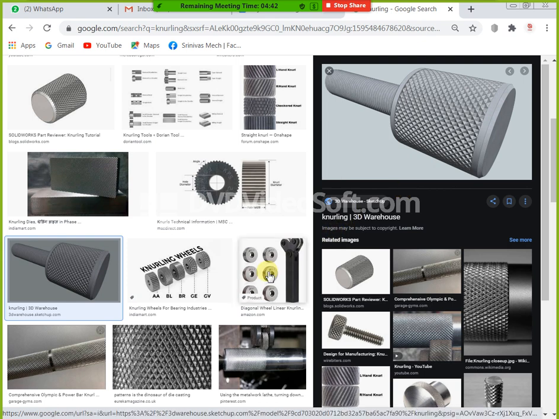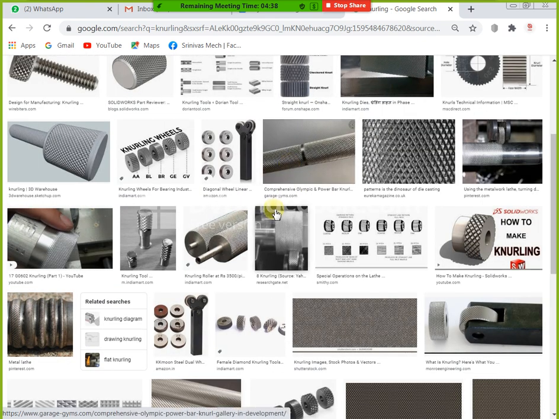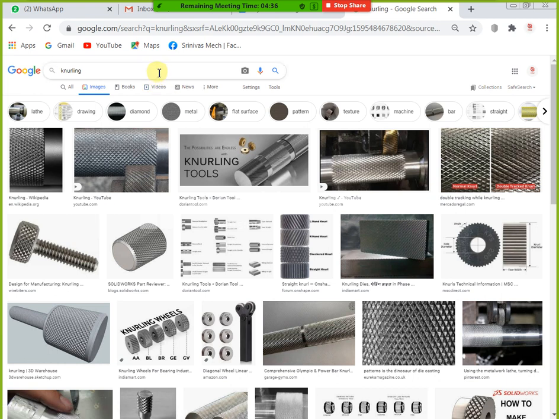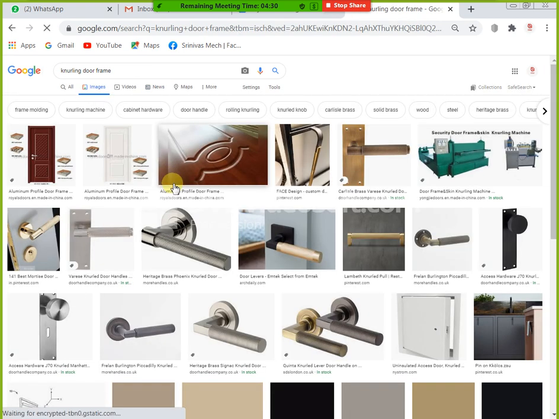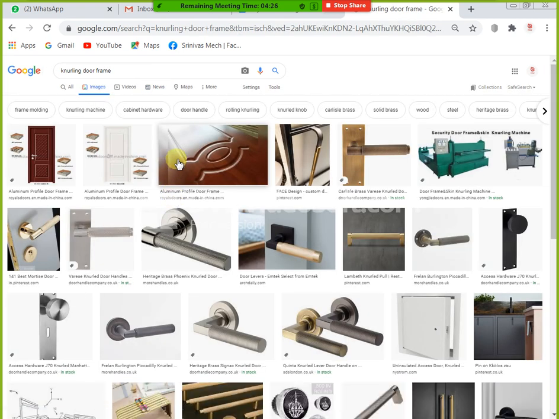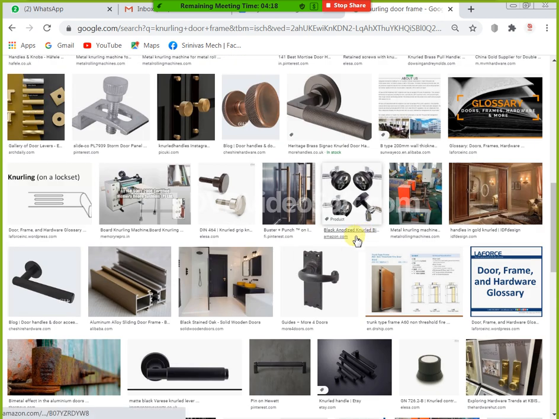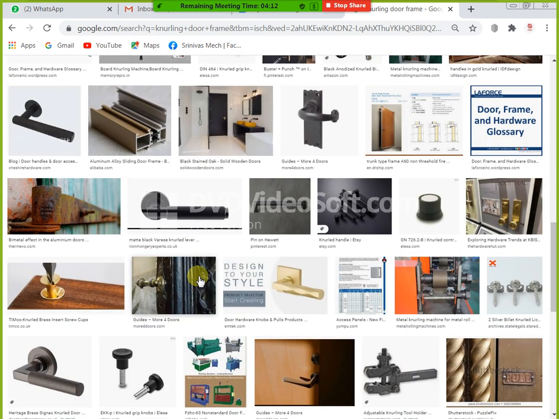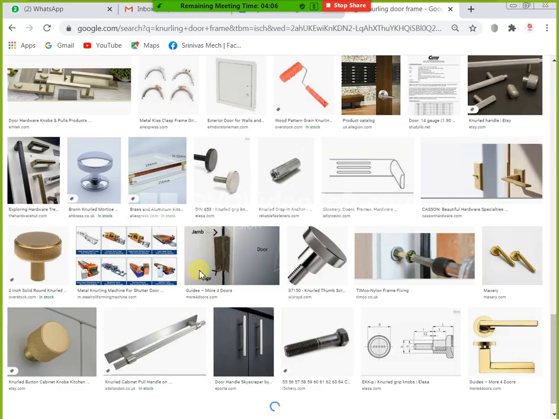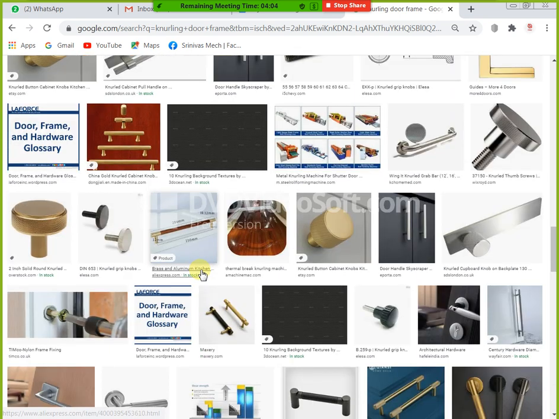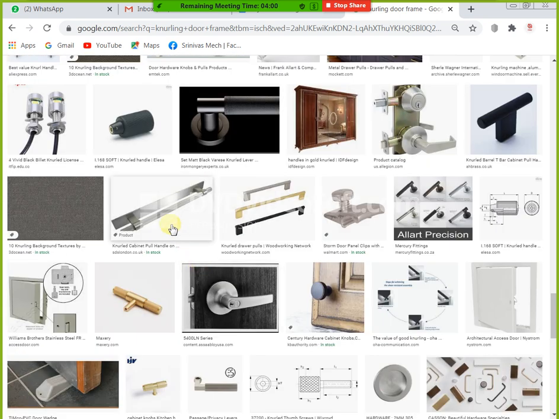Just see door frames. We do our bore and finishing in the lathe machine, and next we go for another operation. I will show a door frame. See, we have this type of frames.